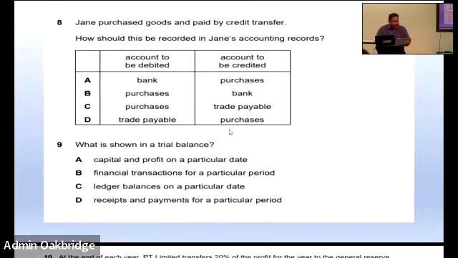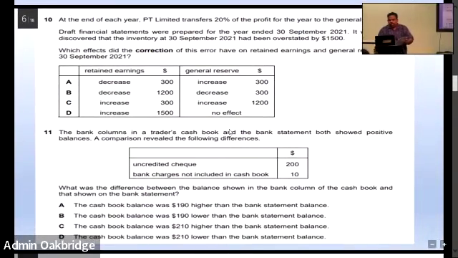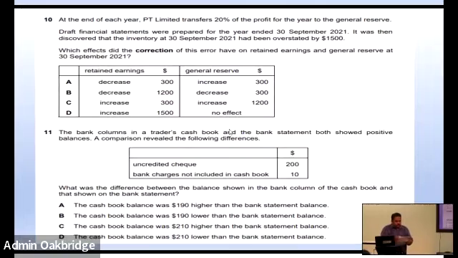Number 10. At the end of each year, PT Limited transfers 20% of the profit for the year to the general reserve. This one I have to do on the whiteboard. Draft financial statements were prepared for the year ended 30th September 2021. It was then discovered that the inventory at 30th September 2021 had been overstated by